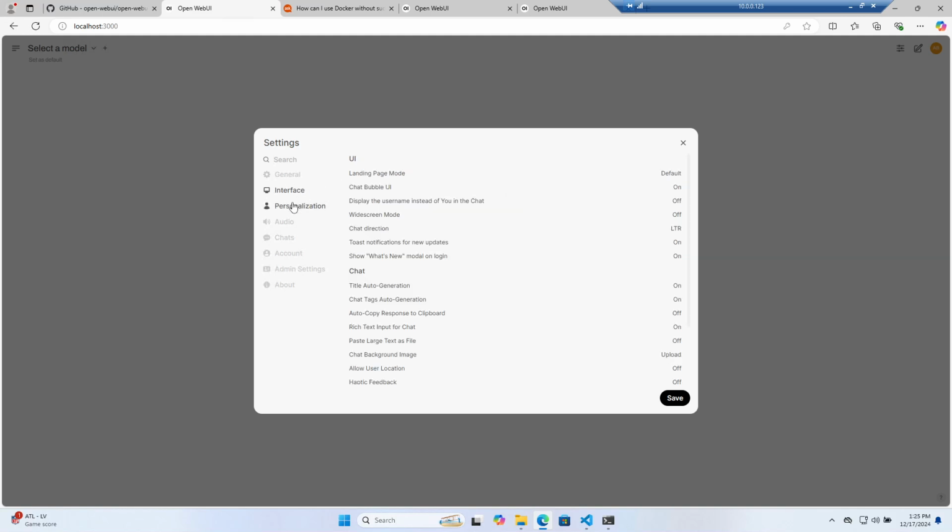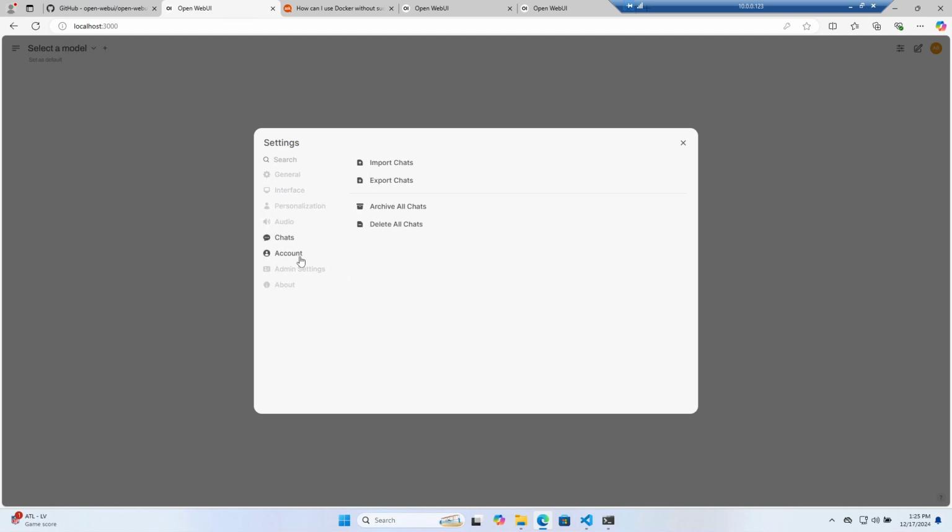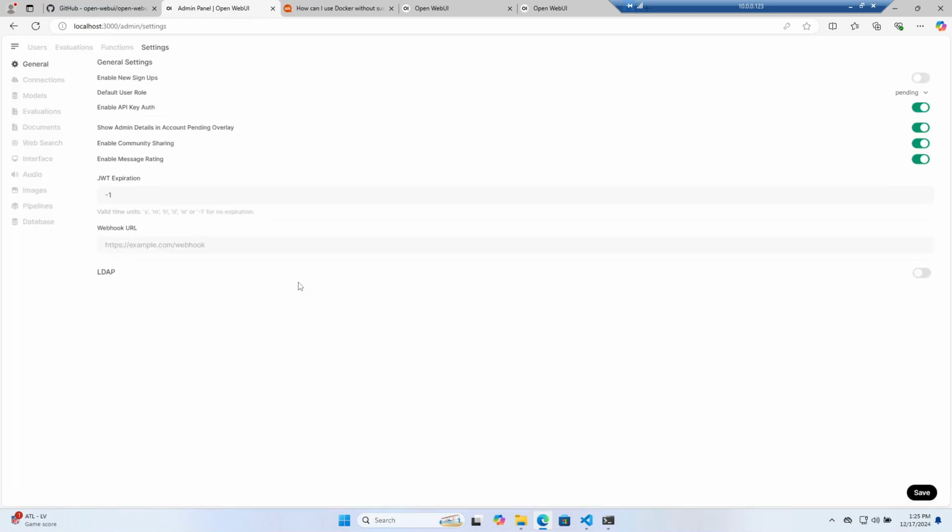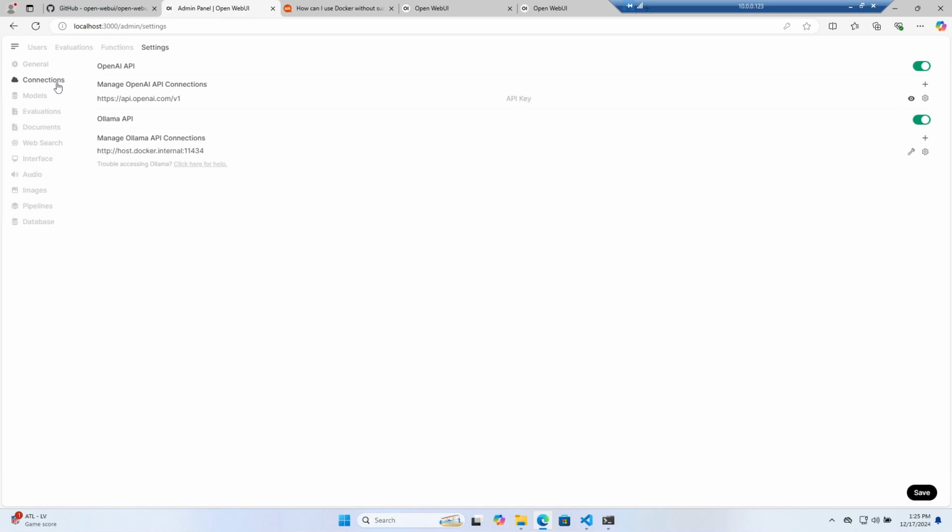We have interface, personalization, audio, account, admin settings, connections. Okay, so here we have the Ollama API, and this says manage API connections. So maybe the issue is where it thinks it is. So I'm going to